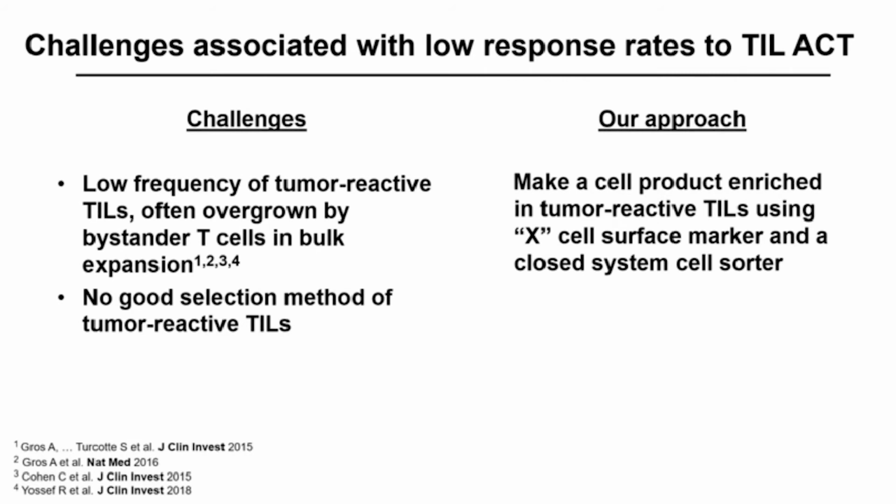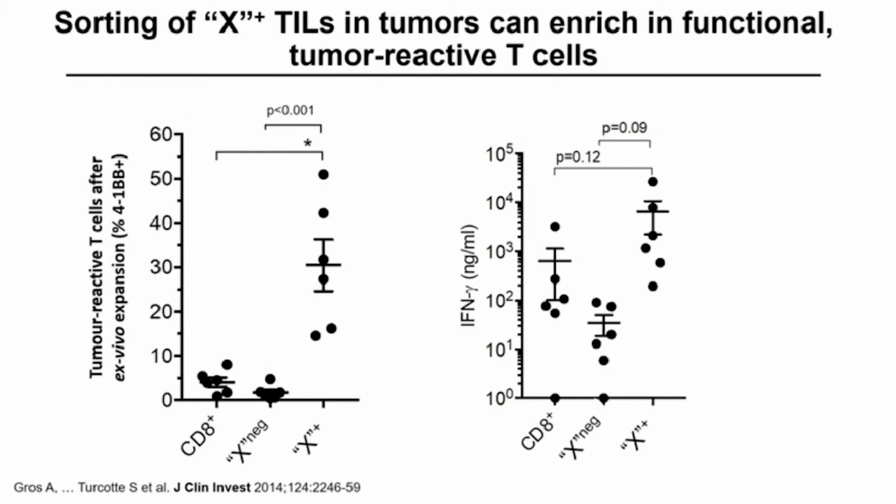For the purpose of the talk, I will call our cell surface marker X. The literature has shown that sorting of X positive TILs in tumors can enrich in functional and tumor-reactive T cells. If we look at the graph on the left, it is the percentage of tumor-reactive T cells after co-culture with an autologous tumor cell line. So we're looking at the upregulation of 4-1BB. We can see that total CD8 TILs and the X-negative TILs express low levels of 4-1BB. However, the X-positive cells upregulate 4-1BB to a much higher extent. And on the right, we can see that these cells also secrete high amounts of interferon gamma when co-cultured with